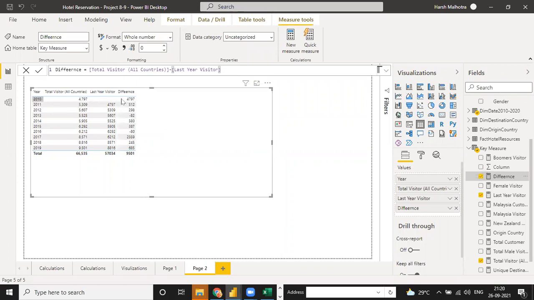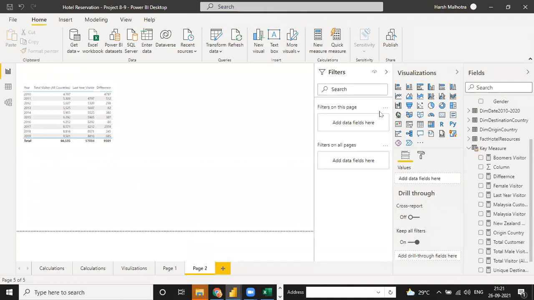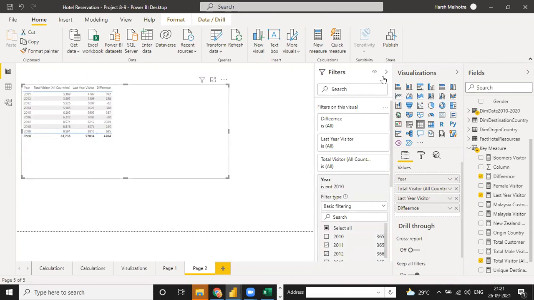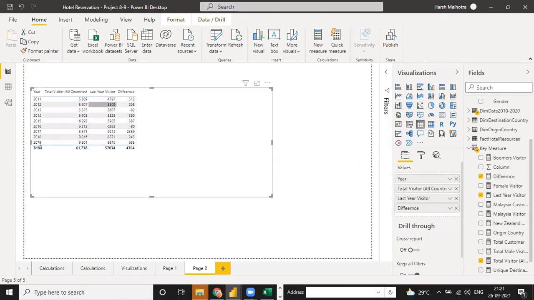In 2010, you have a large difference. So in this table we don't need 2010, because we have to show the change, and the change will be from 2011. So just click on this table and go to year. For the year, you can select all and remove 2010, because I don't need 2010, and go back. So there is a difference between 2011 to 2019. And now we need a percentage of this difference.